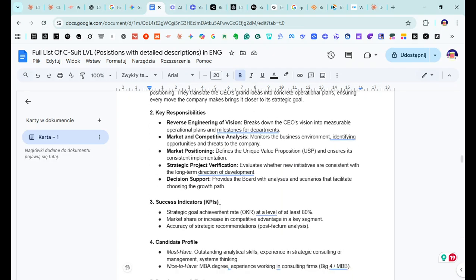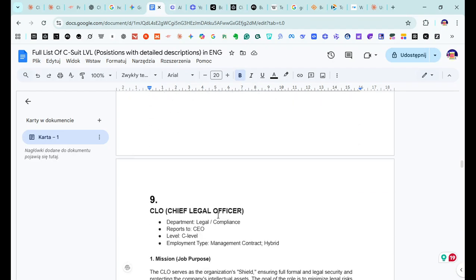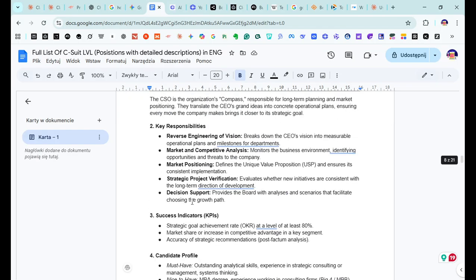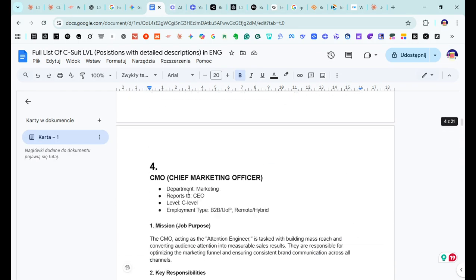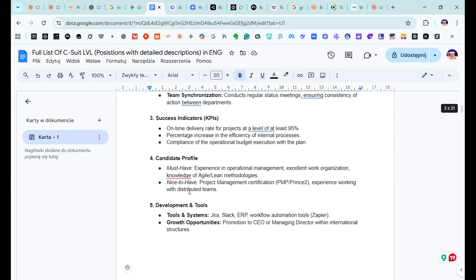But the problem is that I really don't like the order in which those roles are placed here, because I don't want the AI to think that this matters this much.